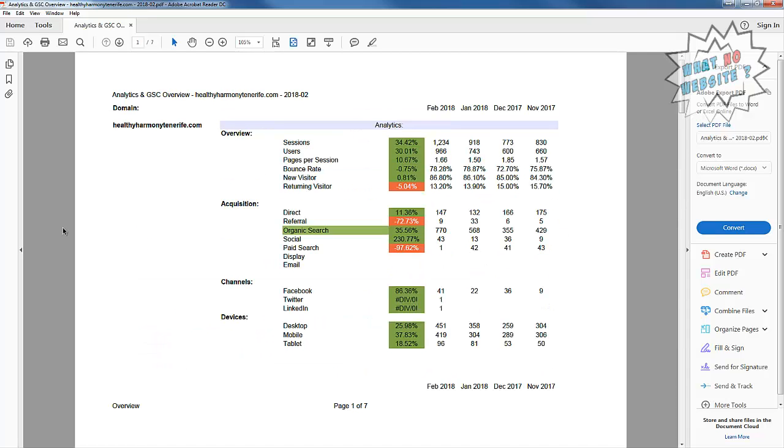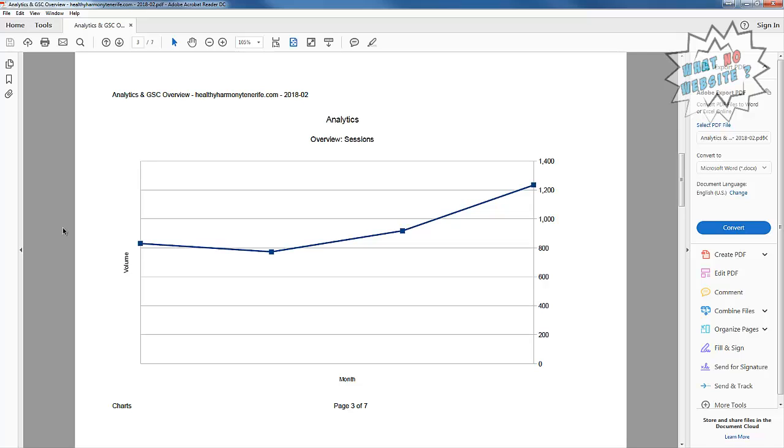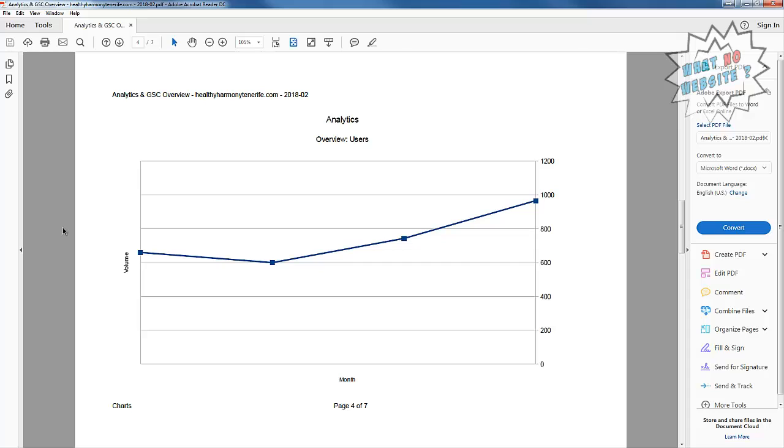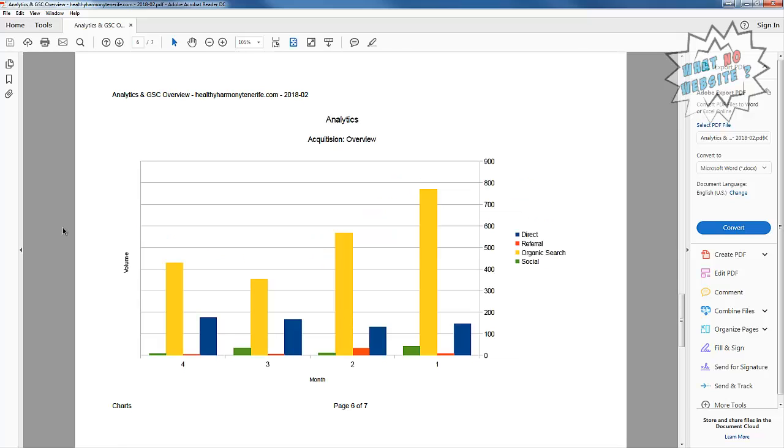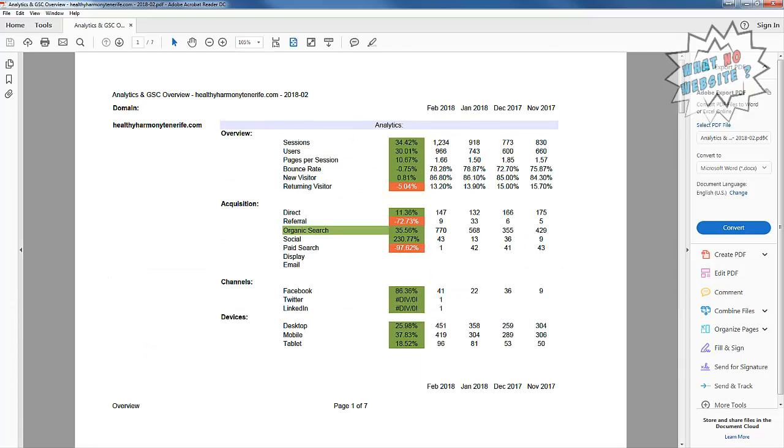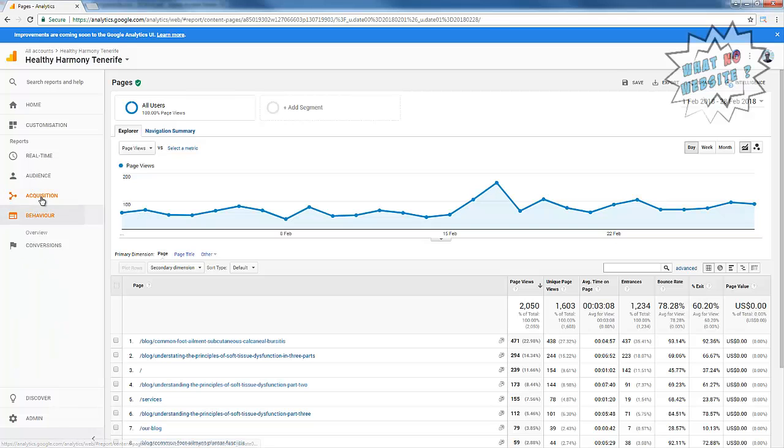So for example, if we go back to sessions, we can see there's been a nice steady increase in sessions over the last few months, an increase in users. The bounce rate has gone up, which needs looking at. Of course, we've discussed this with the client, and then where people are coming from. So that pretty much covers the analytics overview report that we produce, and all of that information can be found